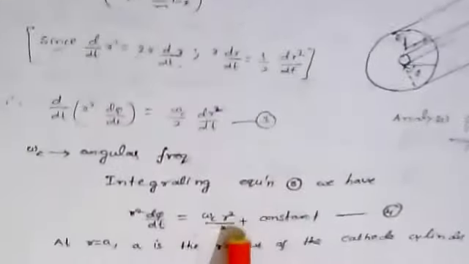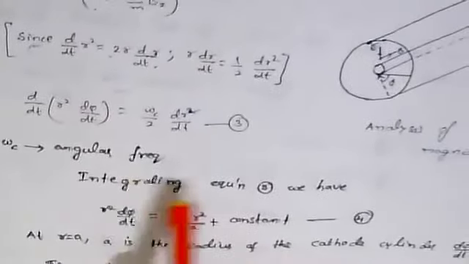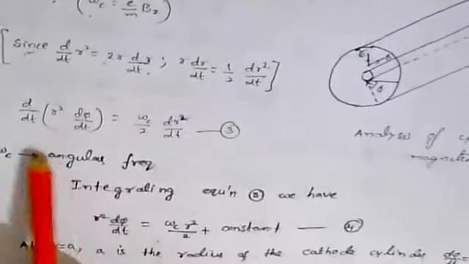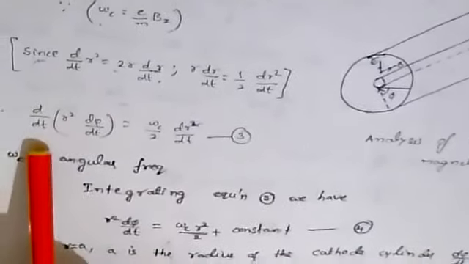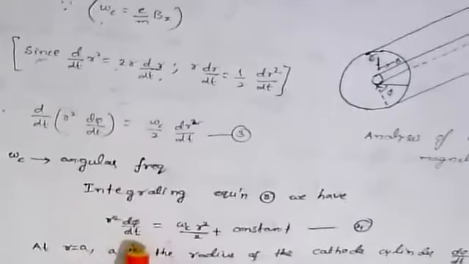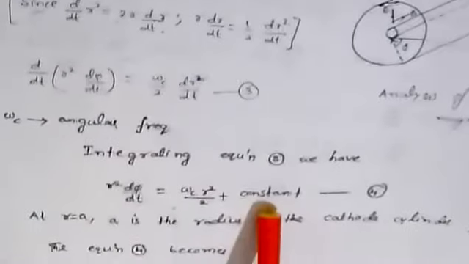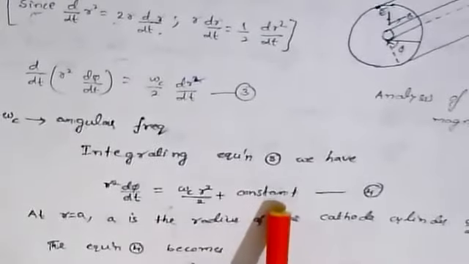Okay. And here we have to integrate the equation. After integrating this particular term, d by dt will be wound up, then r square d phi by dt is left out. And after integrating, we get some constant value. So we need to calculate this constant value and substitute it over here.